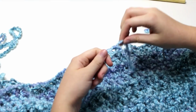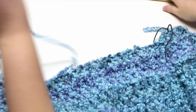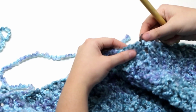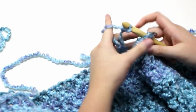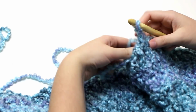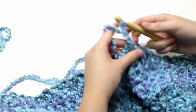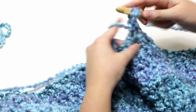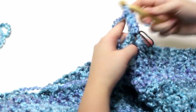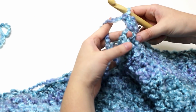With your yarn, make a slip knot. Attach the yarn to the first stitch marker by chaining 2. Now double crochet 1 into the same stitch that you chained 2 in. For the rest of the stitches until you get to the next stitch marker, work 1 double crochet into each